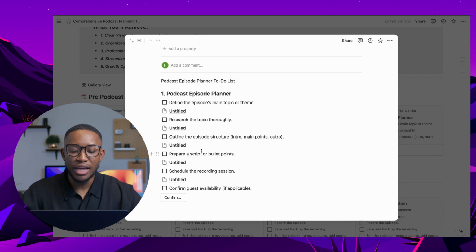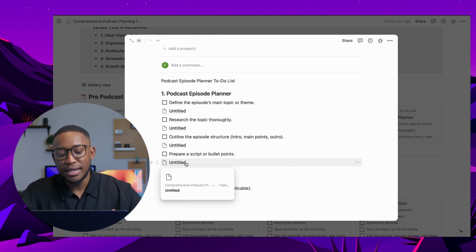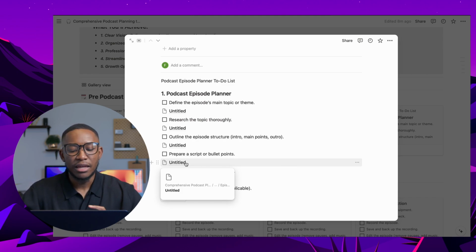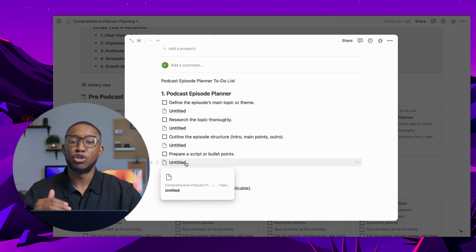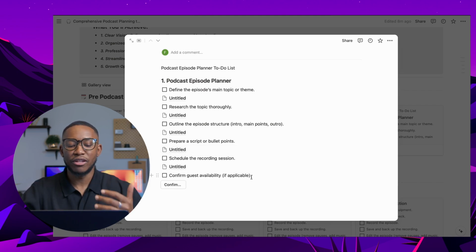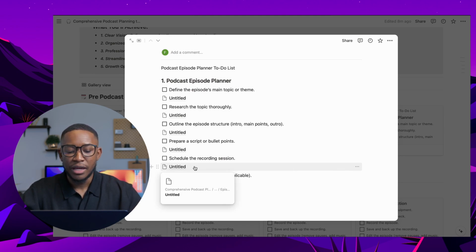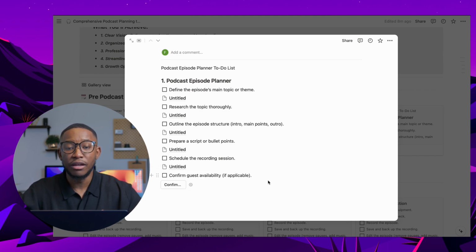You want to structure the episode, have a proper intro, your main points that you want to pass across, and the outro. You don't necessarily have to have a script, but if you want a script, that's perfectly fine. Sometimes for podcasting, having bullet points just so you don't miss anything helps, because the moment you lose your train of thought, you can always refer back to your bullet points and then continue. You want to make sure that if you are going to be producing yourself, you figure that out, or if you are going to a podcast studio, you need to figure that out as well.